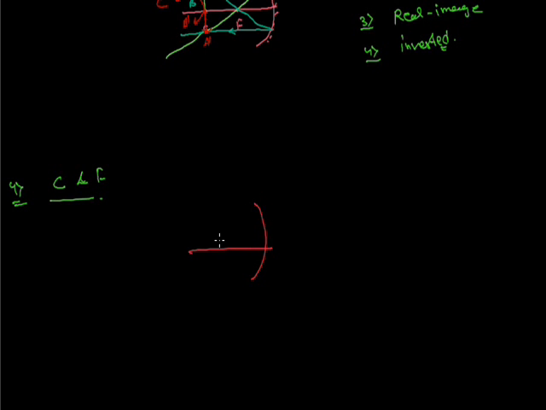This is a concave mirror. This is C, this is F, and the object is placed between these points like this. The object is placed here. Now use rule number 1. According to rule number 1, when a ray comes parallel to the principal axis, the ray will pass through the focus.